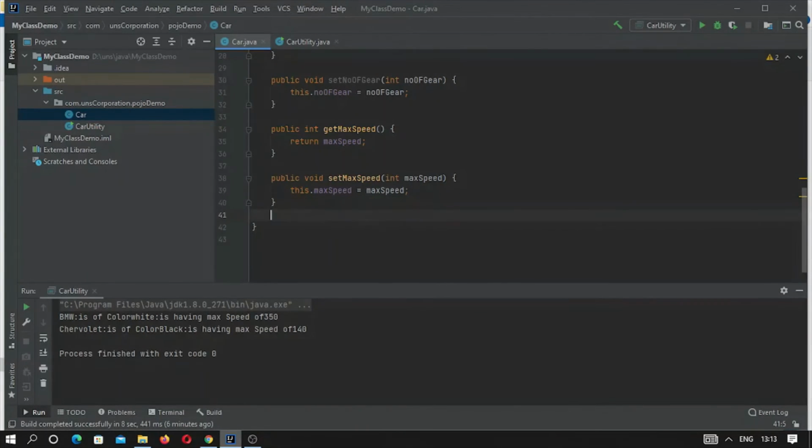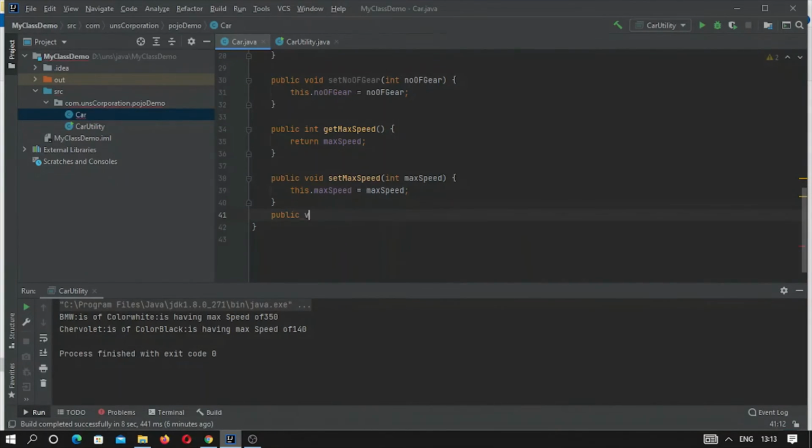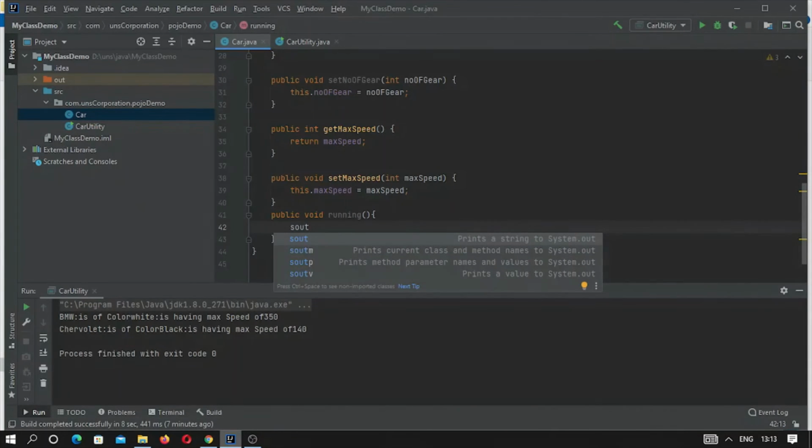So the method may be public void running. This is a simple method, and we can implement the method and write anything here.